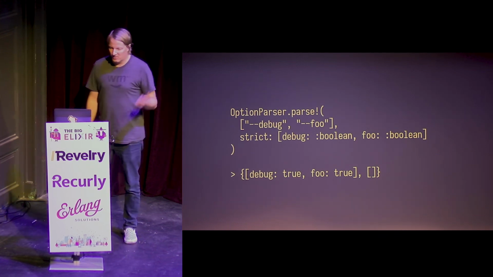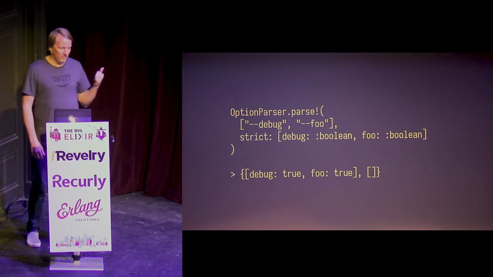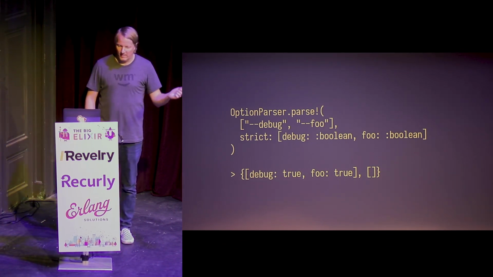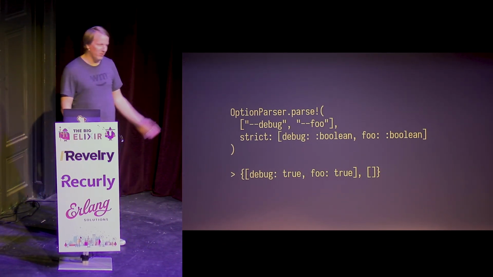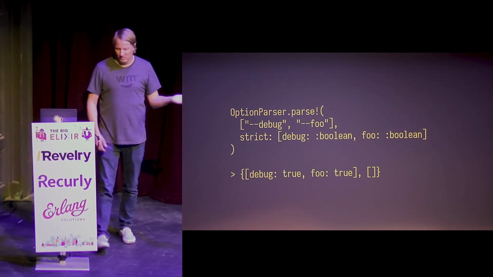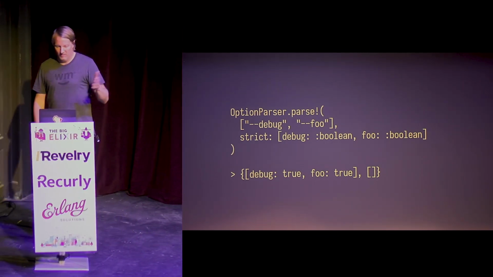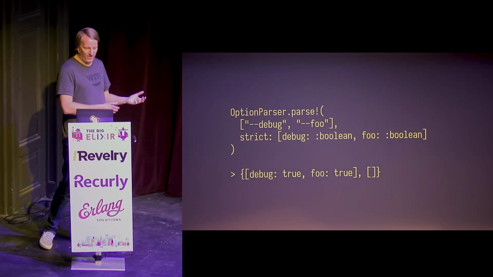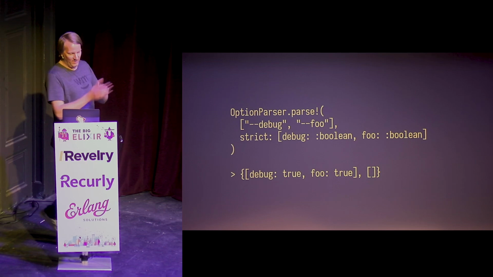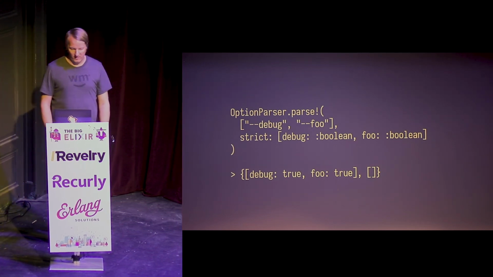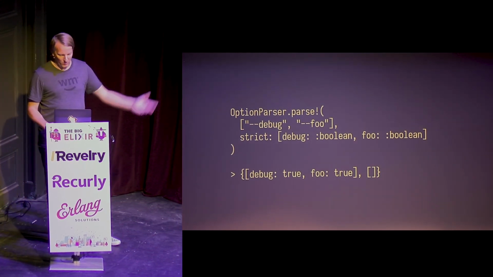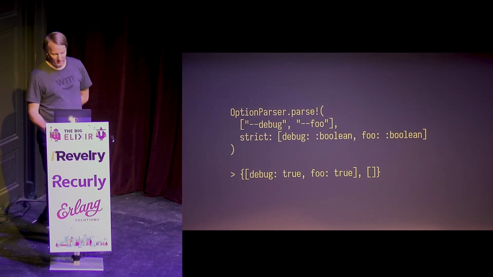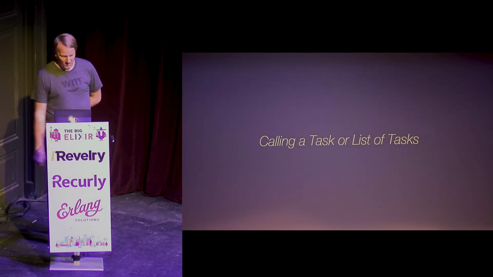This strict keyword, for instance, is a way of telling it what type it's going to be using. Like --debug is a Boolean, so it's not going to expect an argument after that. You could also tell it that debug is a binary, and then it's going to look at the next string that it's been given and parse that out in the keyword list as key and then value. So yeah, if you're going to build a command line tool, you need an easy way to parse all the command line options that you get.